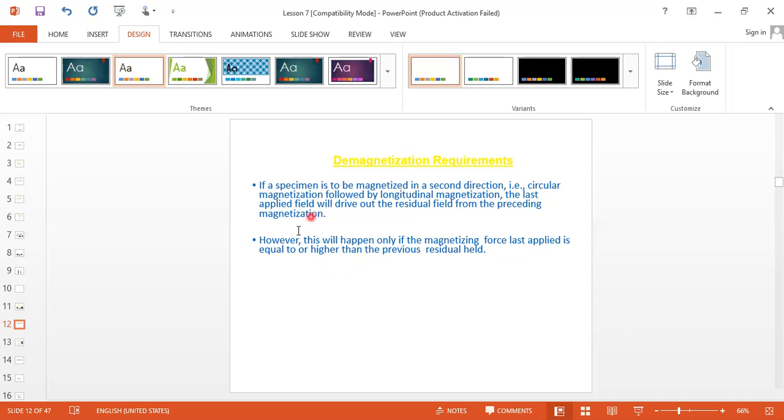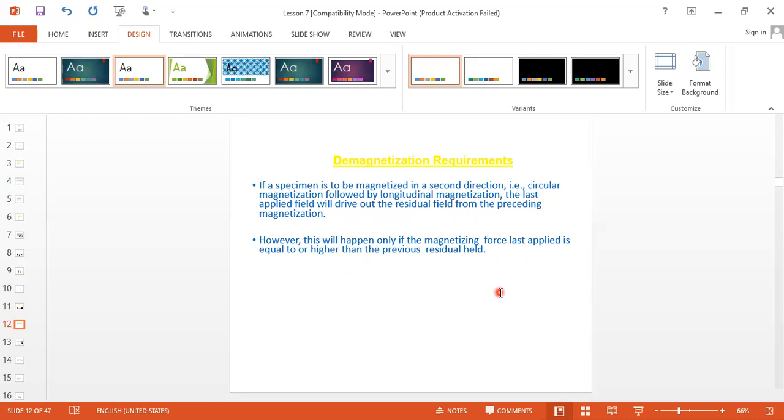However, this will happen only if the magnetizing force last applied is equal to or higher than the previous residual field. That means, suppose your head shot current is 400 amps and the coil shot current is more than 400, then your field will be shifted towards longitudinal.